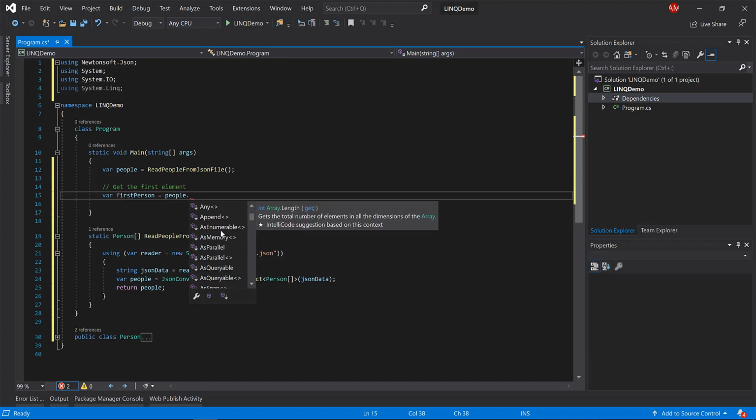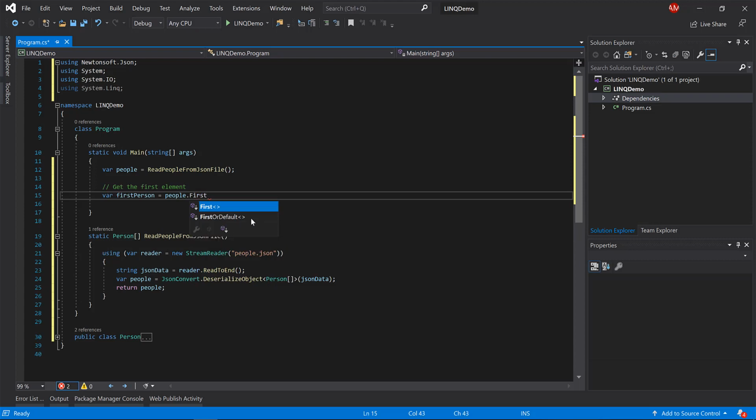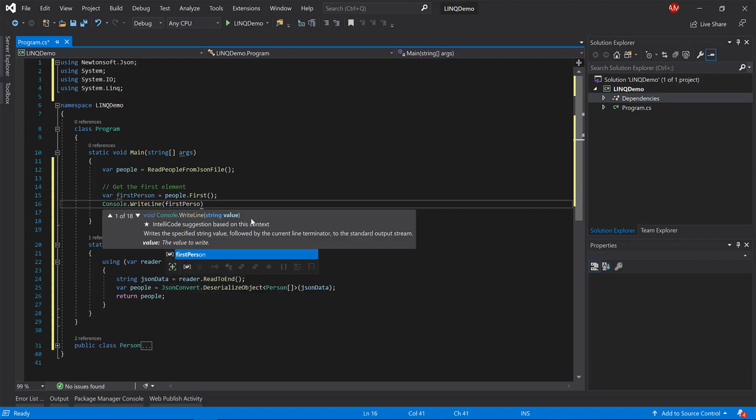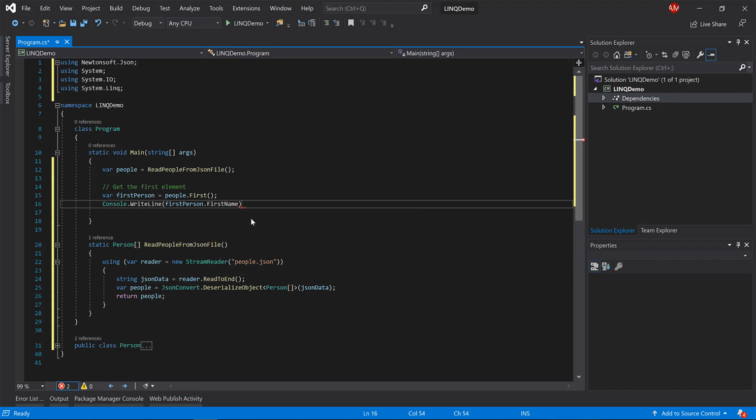All the functions here with this arrow icon are extension methods that came from System.Linq. So the first function I'm going to use is called First. First gives me the first person in the list. So I can print the first name,